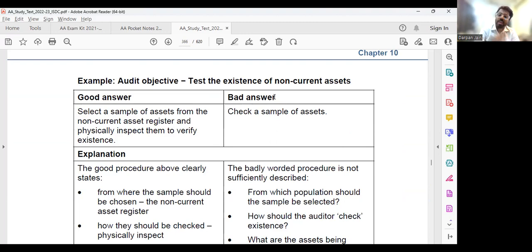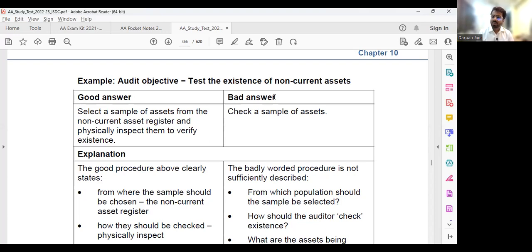not. In order to check whether a non-current asset actually exists or not, what can you do? You can do a physical inspection, right? You can do inspection of the tangible assets, your I of REOCAR. What action can you do? You can do inspection, physical inspection. You can physically inspect those fixed assets. Those non-current assets, which are tangible assets, you can go and physically inspect them.